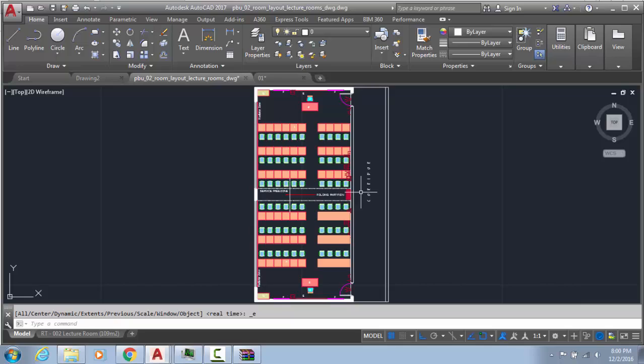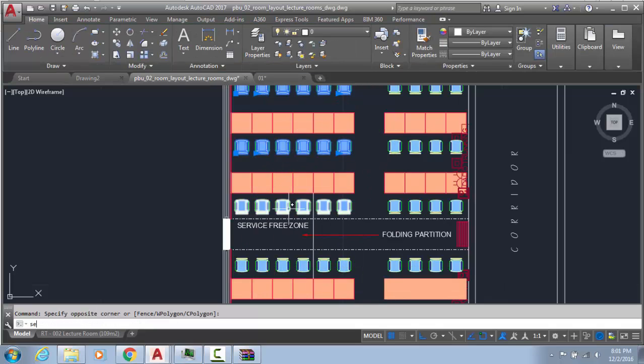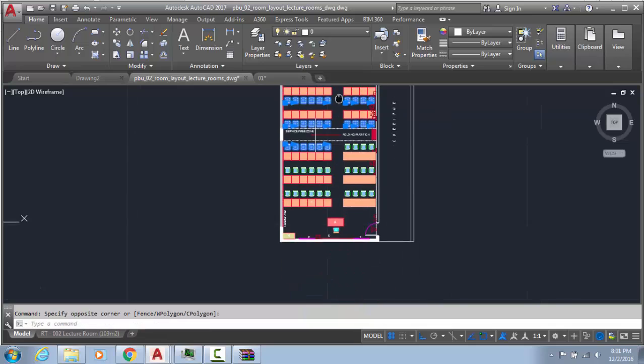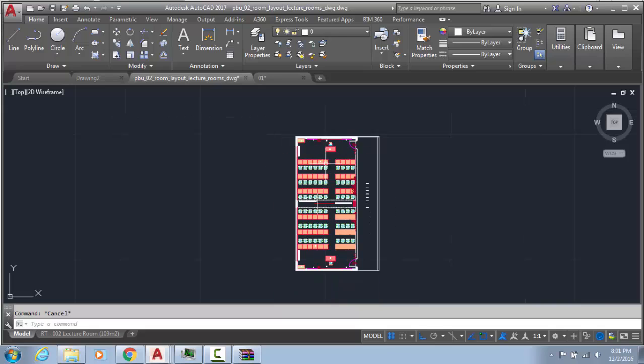how you can use the dynamic block system, means this is the thing. Now I am selecting all the blocks. Select similar is not working in this case, so I am selecting individually. I did array, so I am removing all the arrays, I am putting every block separately. So I have to count how many blocks I used in this, how many chairs are there. So what I have to do, just select similar,